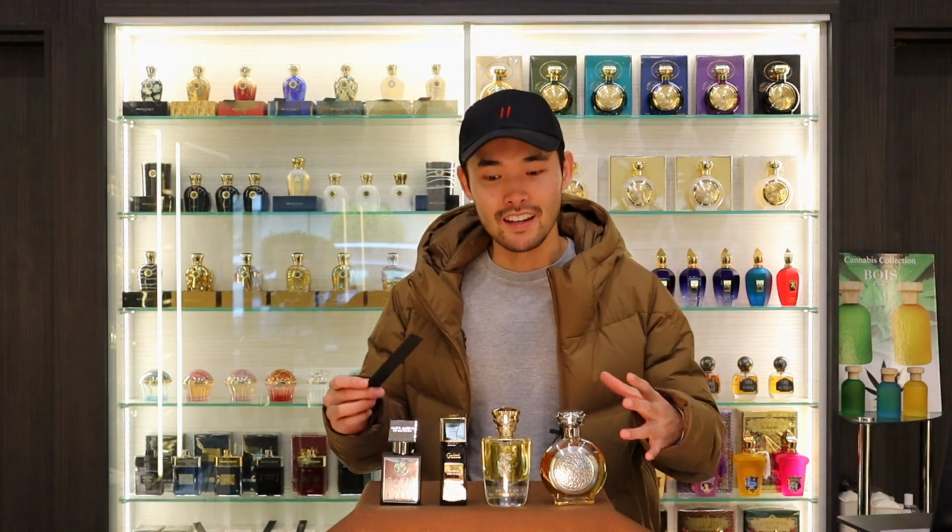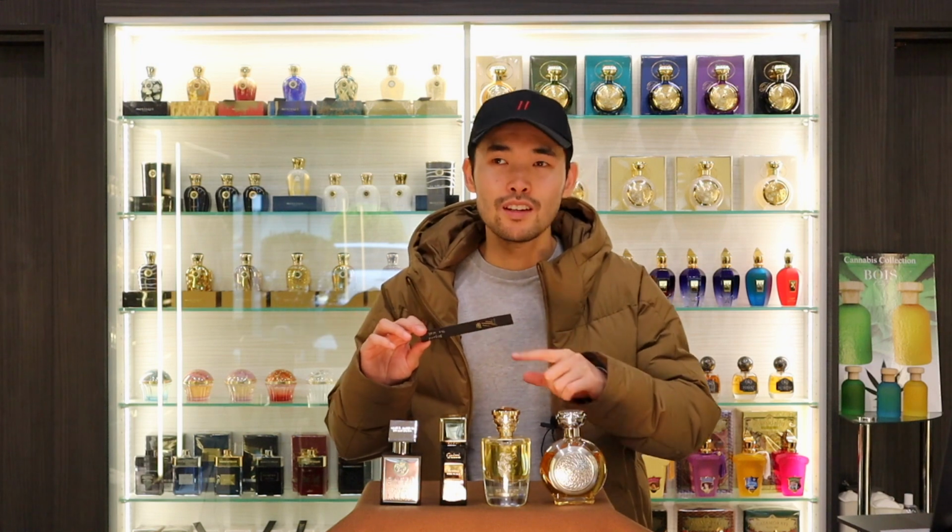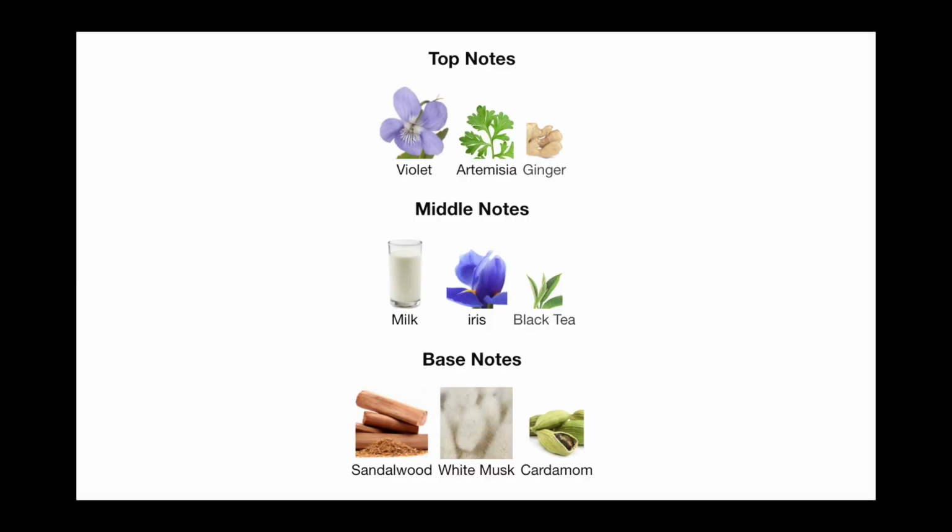Now, this is really smooth and really calming, really relaxing. This is the reason why I wanted to put Beyond the Wall into the lineup of fragrances today. This is what I would describe as a very soothing and a little spicy tea fragrance. So this tea fragrance has a black tea accord in it, and what you're getting is a bit of a